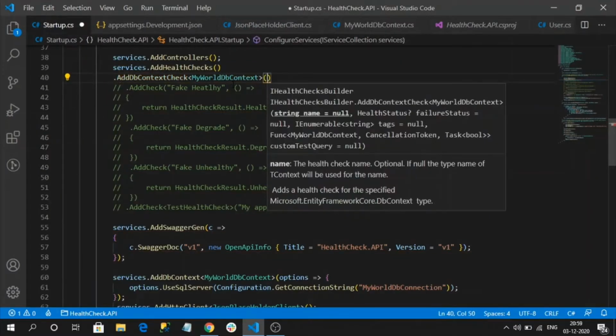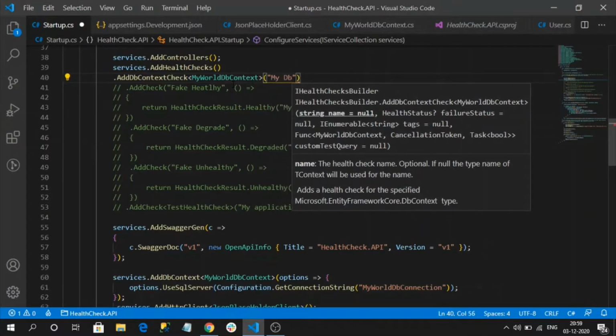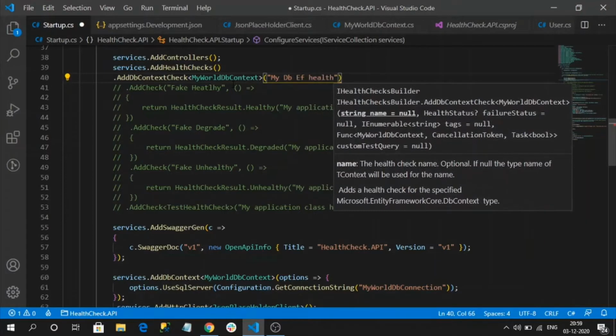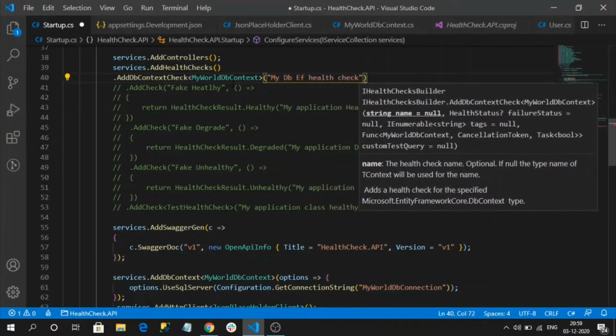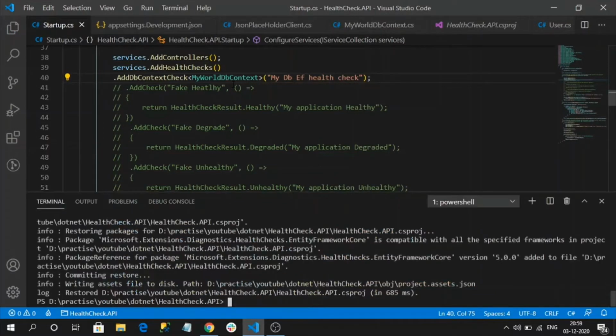And similarly here we need to specify the name for our health check. So I am specifying my DB EF health check. That's it. We have integrated our DB context health check.